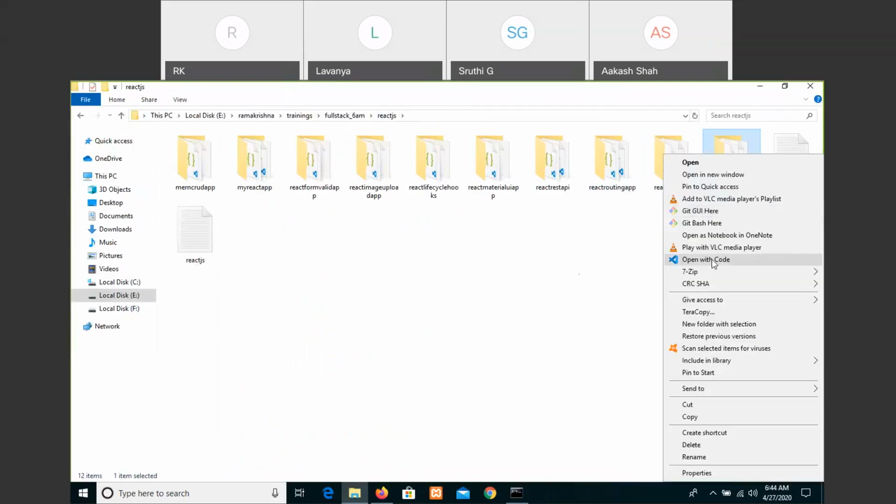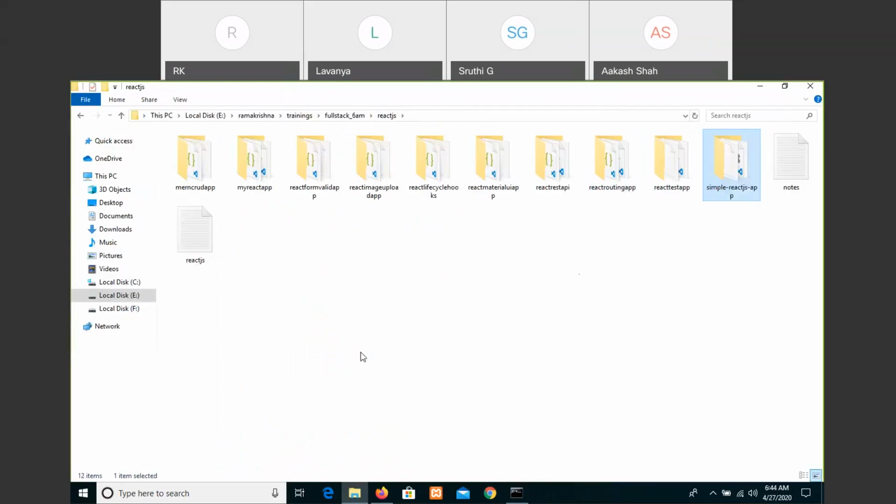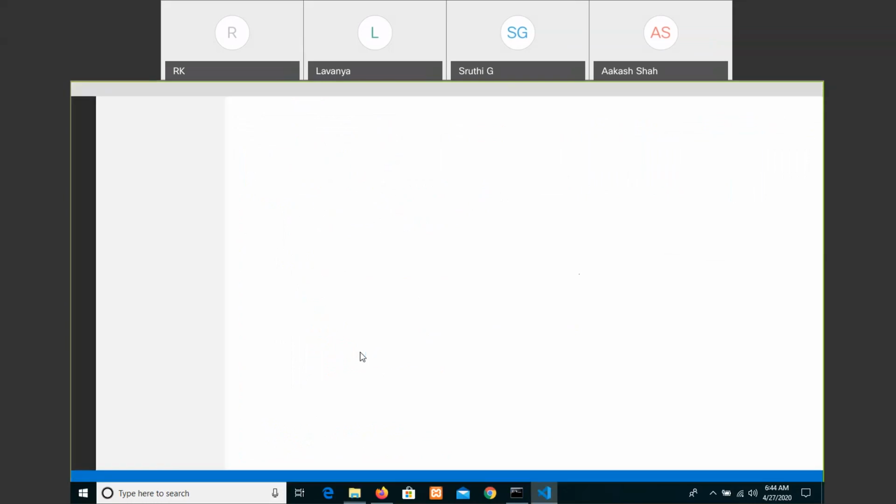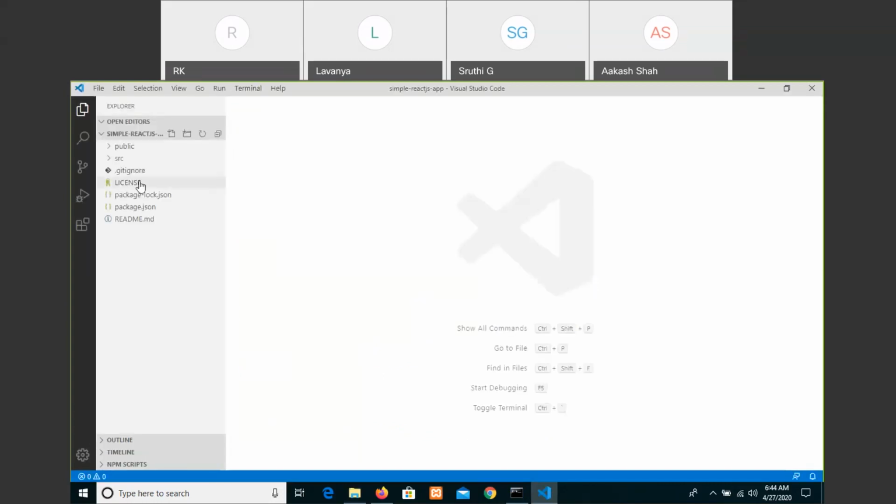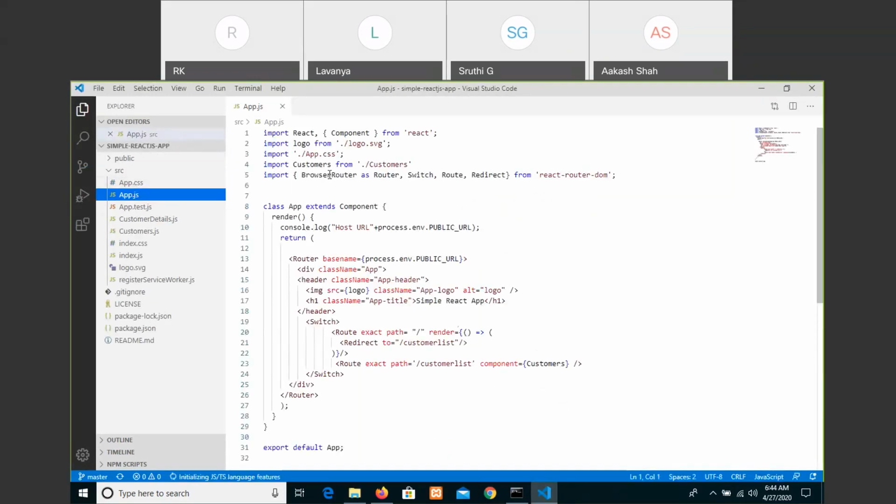Then let me open this one. Here the example is, the concept is how you can download other applications' code and implement your code inside that. When you open SRC and see an app.js file, these people have tried something. What these people have done is a React router concept. At the same time, they have given a host URL. When the user clicks something, they have created the concept of customer list. Okay, and the component customer details customers.